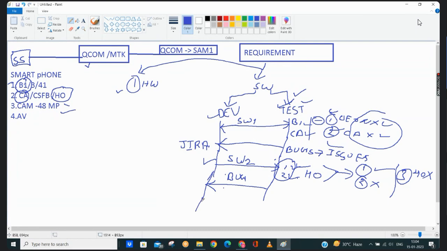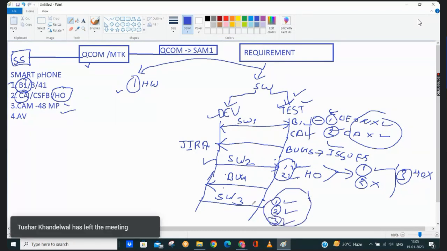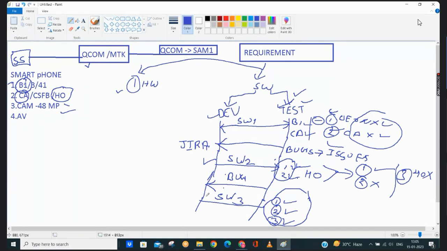And they will provide one software again, the flow will be like that. Now I'm assuming that the software version is very stable and all the bugs are fixed in it. So first pass, second pass, third pass, all the test cases are passed. We are not facing any issue, all the things are going very stable. So suppose from the software point of view, software version 3 is stable.